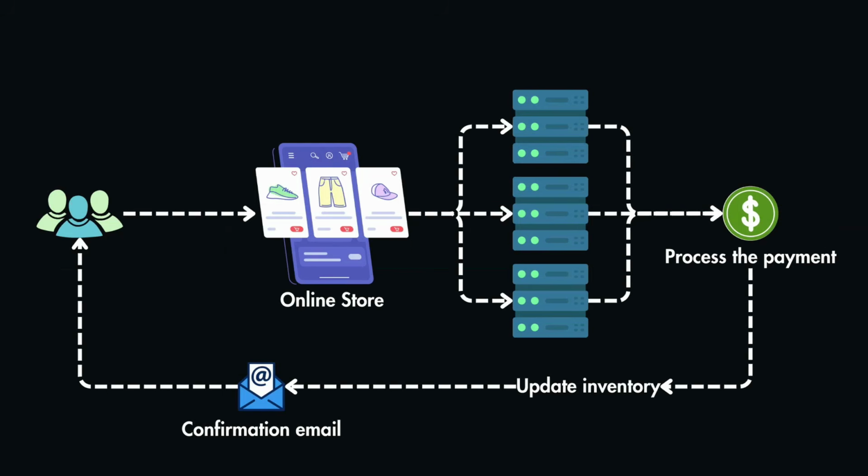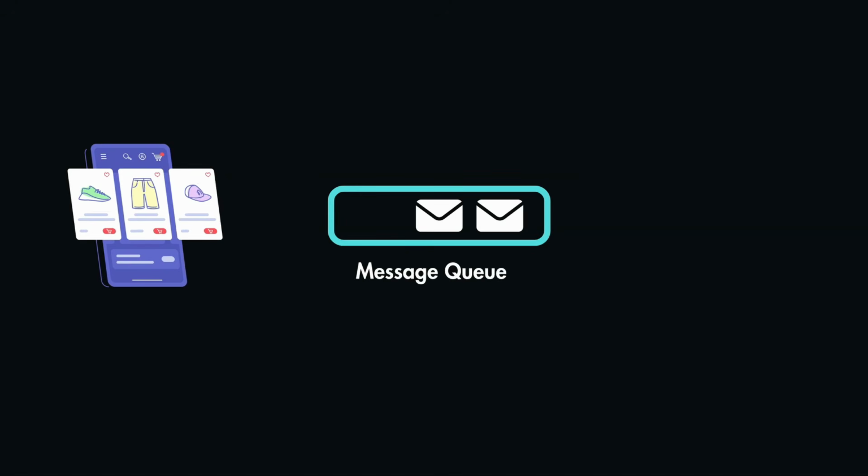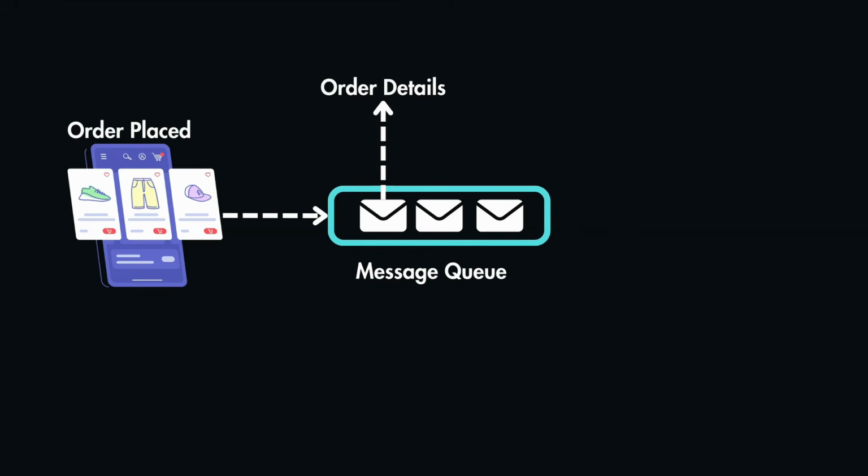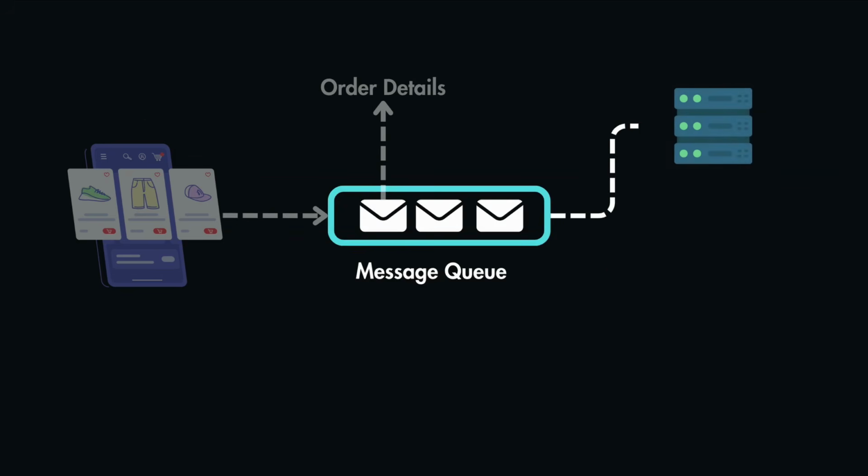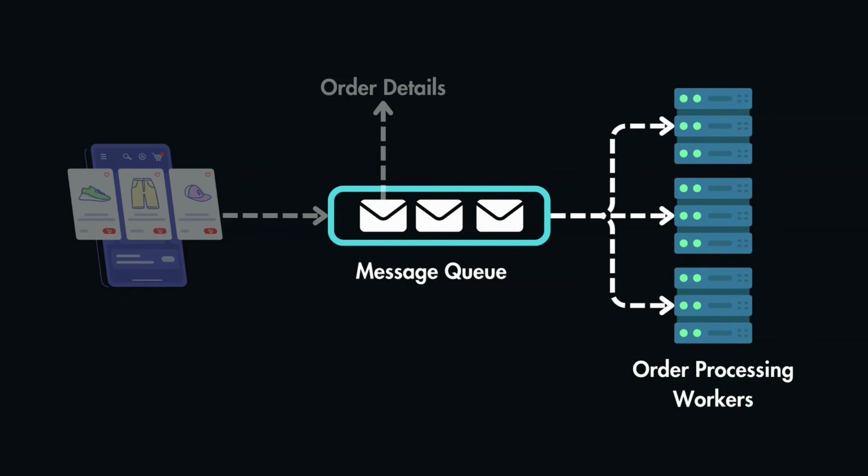Now back to our example, instead of handling each task immediately, we can add it to the back of the queue and then send these messages to the servers at a later time. So when an order is placed, the order details are put into a message and then this message is added to the queue with the order details inside. Then we will also have separate processes called workers which pull these messages from the front of this queue and handle these tasks. And for example, if we are processing the very first task, our server acknowledges that it received and also processed this message, and the queue removes this message from the list so that we don't process it